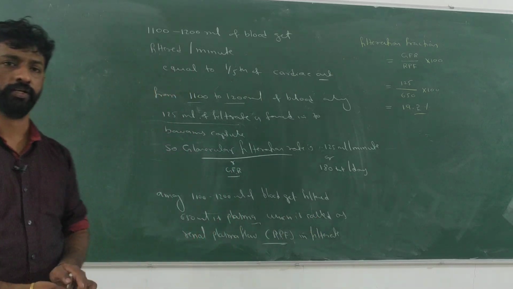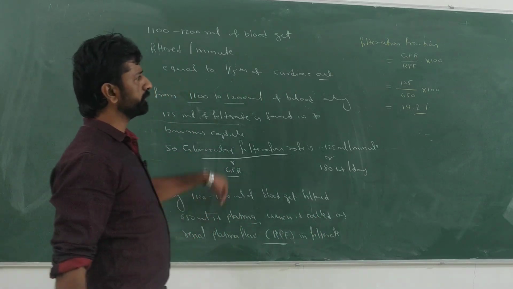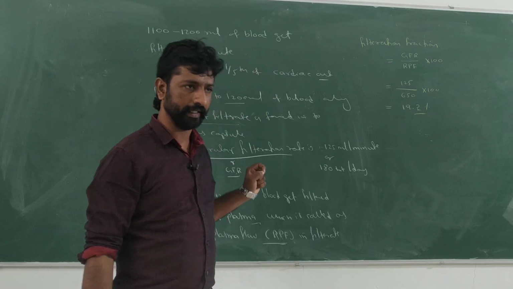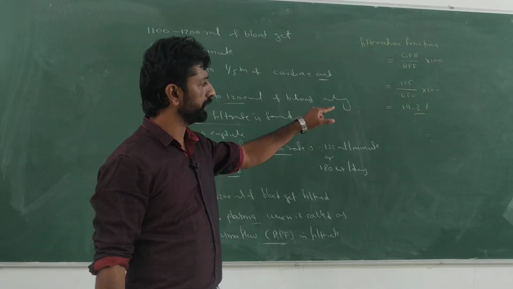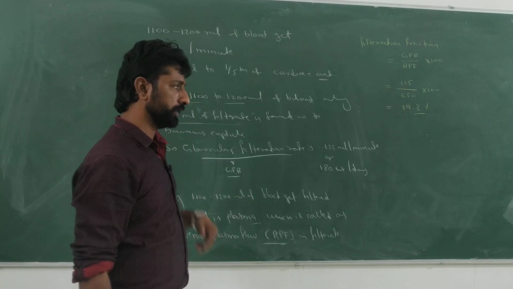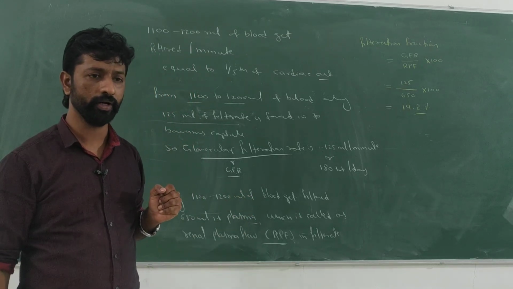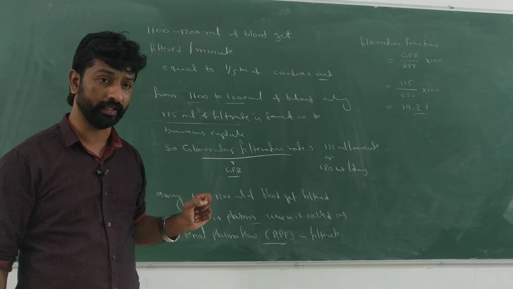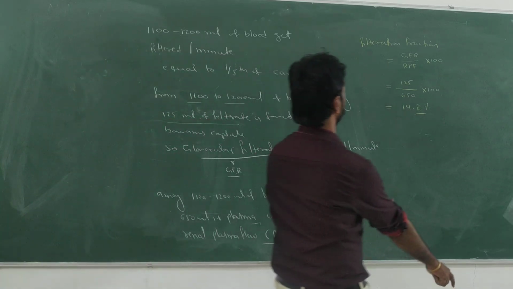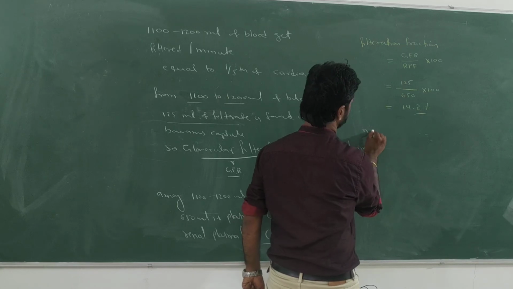19.2%. Okay. So the normal filtration fraction for the kidney or the nephrons is 19.2%. And what is the range of normal filtration fraction then? What is the range of normal filtration fraction of the human kidney? So the normal range of filtration fraction is normally